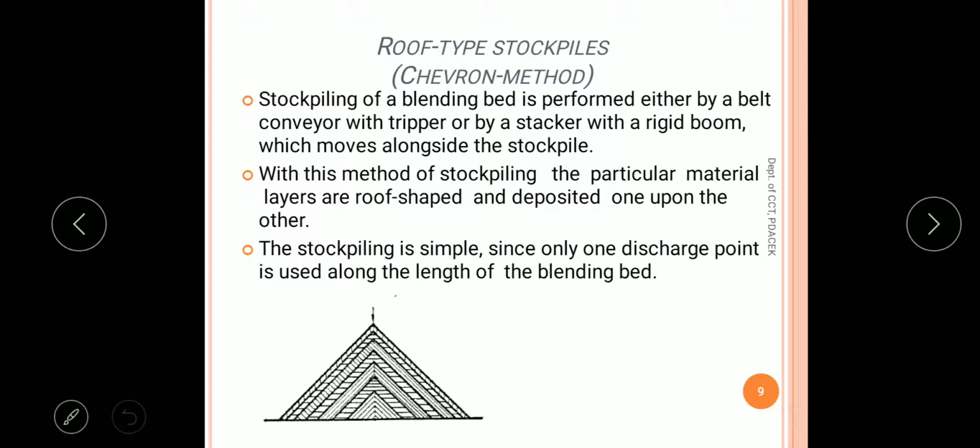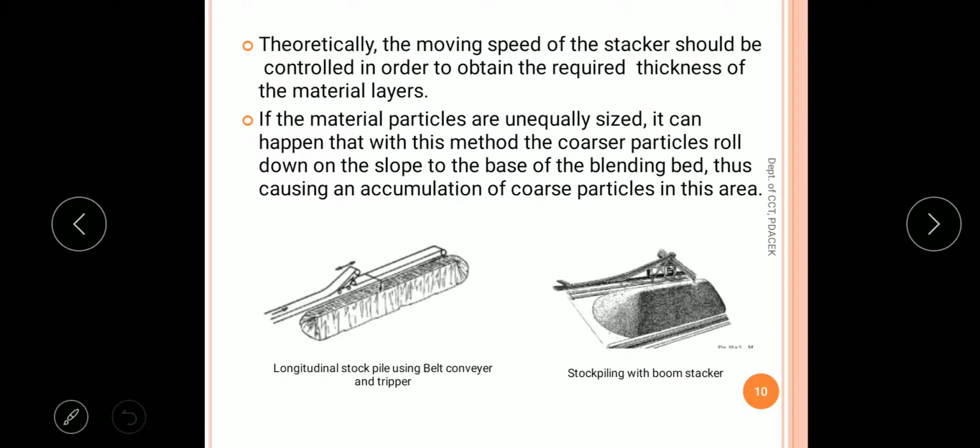Stockpiling of the blending bed is performed either by a belt conveyor with tripper or by a stacker with a rigid boom. You can see this longitudinal stockpile using a belt conveyor and tripper, and this one is with a boom stacker.